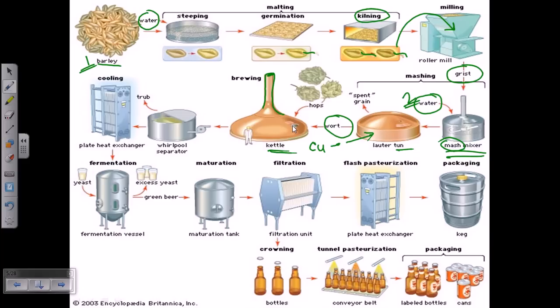Once the wort is provided into the kettle, they add hops. Hops is the third most important ingredient in this case. So they will put hops into the wort, and after putting hops in the wort, the actual brewing process begins. And in this case, you can see how large these kettles are, relative to this person. This is very large. So they put everything like that,